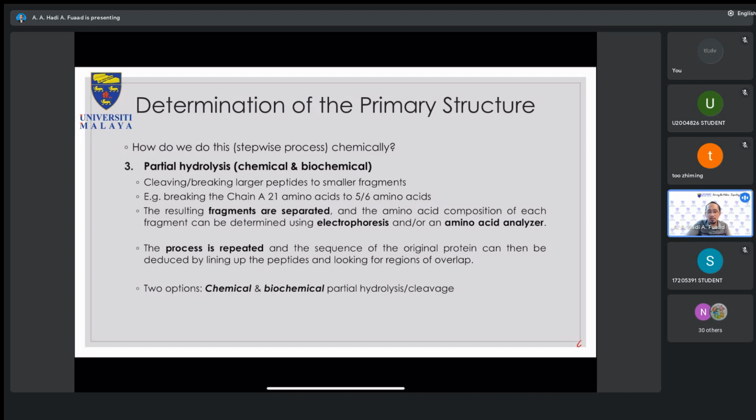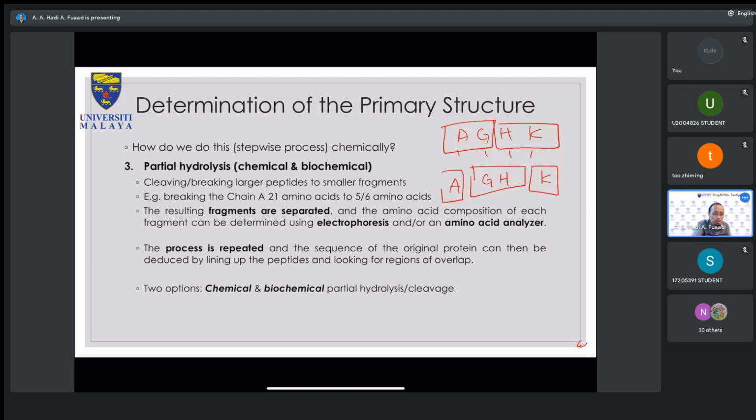Well, because if you have smaller fragments, at least you can know, say for example, if you have AGHK, if you do a full hydrolysis, then you get a ratio of 1 to 1 to 1 to 1. But if you do a partial hydrolysis, some peptide might be a combination of AG and HK. You might also have a combination of G and H, and A and K. So you have these options from a partial cleavage of this peptide.